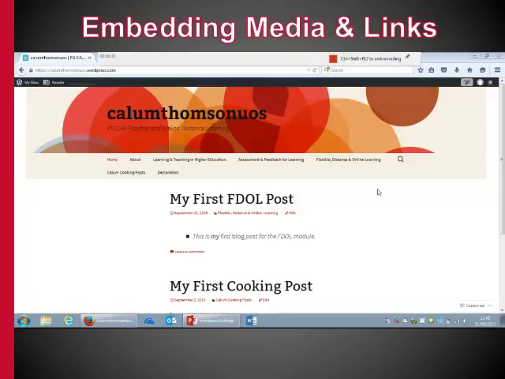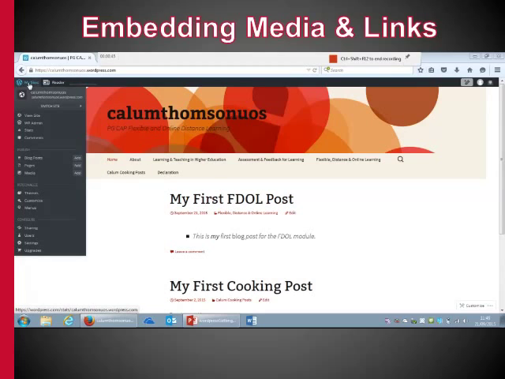Now in this video chapter, we'll look at some of the tools that are available when you're making a new post. These are also available as a page for when you're making a page, by the way. We'll look at when you're making a new post, how you can add in some of these extra elements. So what I'm going to do is I'm going to set up a new post. So I'll go to my sites and I'm going to click on blog posts. Now I can click on add. I'll just quickly do this to